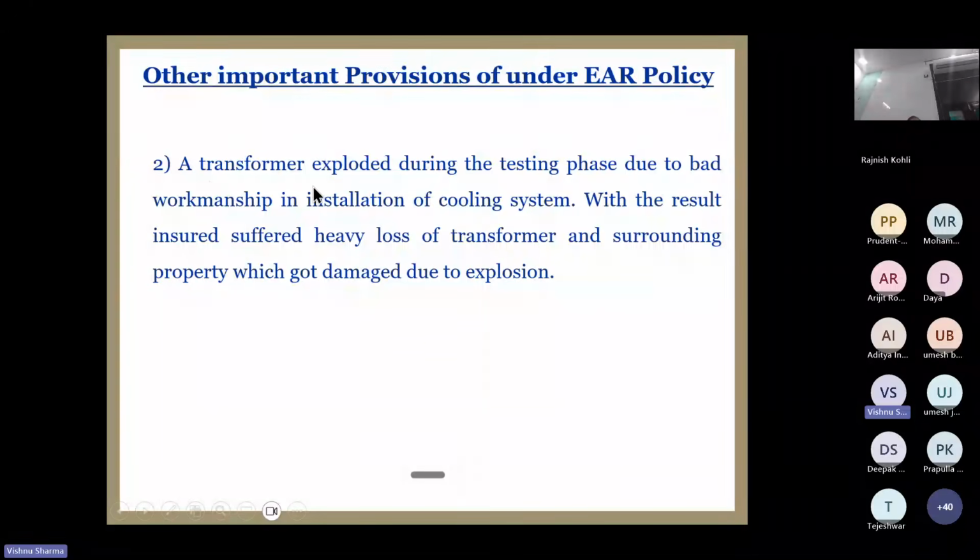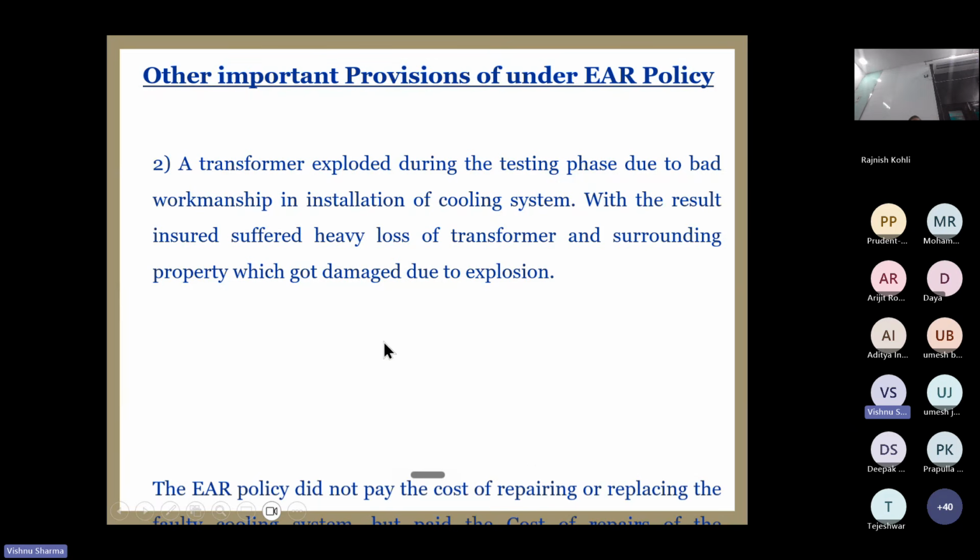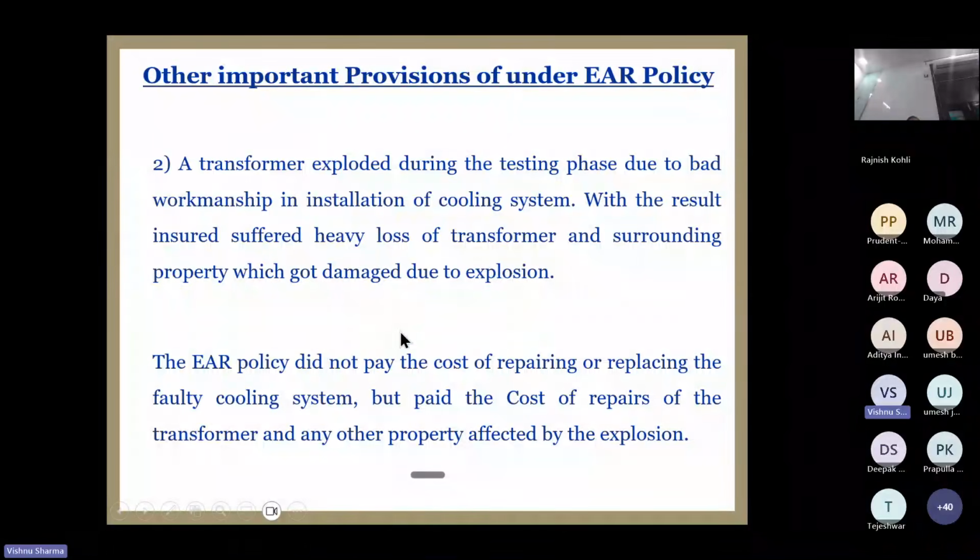Another example: a transformer exploded during the testing phase. Multiple examples I have given for different situations. The transformer exploded during testing due to bad workmanship in the installation of the cooling system, with the result that the insured suffered heavy loss of the transformer and surrounding property. So in this case, what happened? There was bad insulation in the installation of the cooling system. The ER policy did not pay the repairing and replacement cost of the